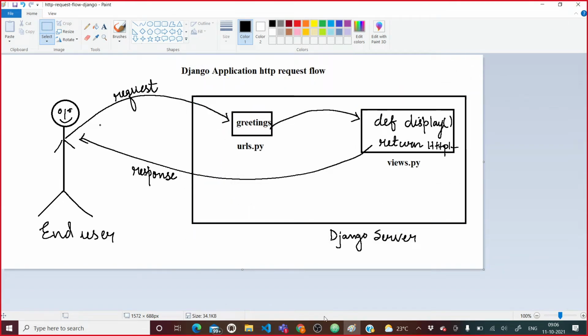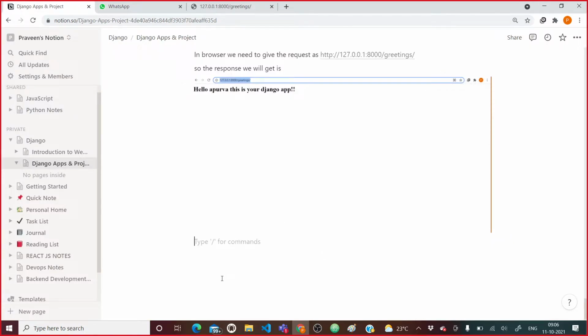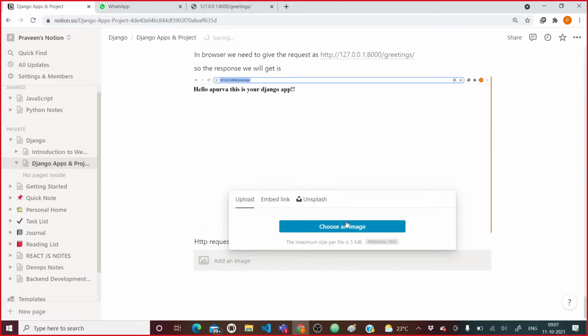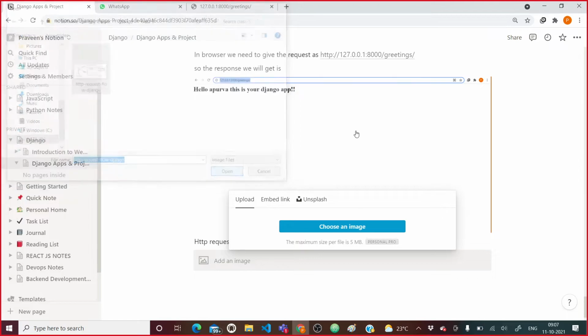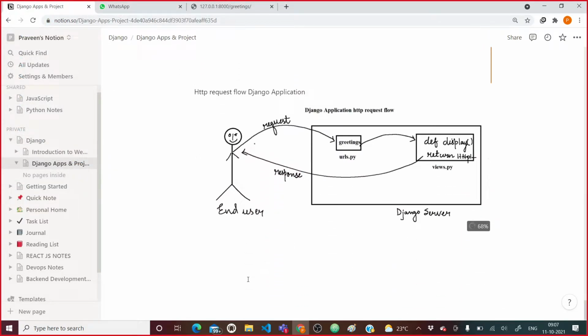Now I'm going to come here at your place, and here I will write http request flow in Django application. I will select that particular image, class 5. Here is the image. This is the particular complete flow, how it is going to behave.